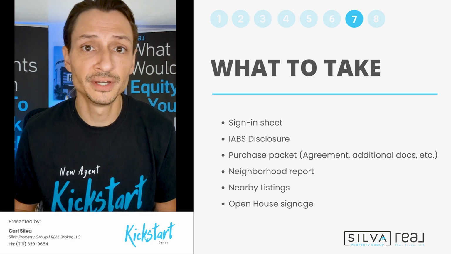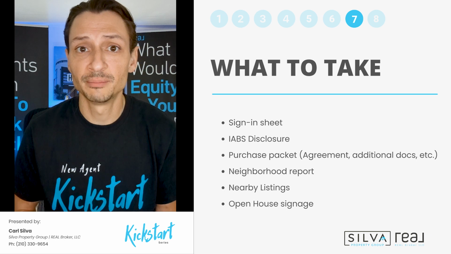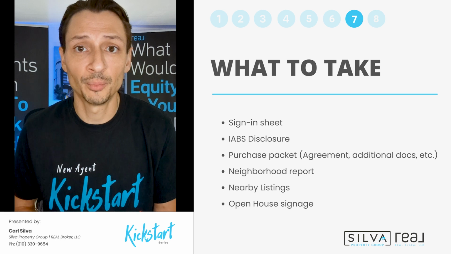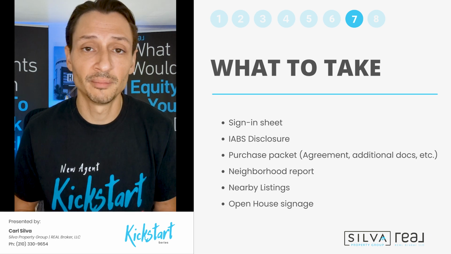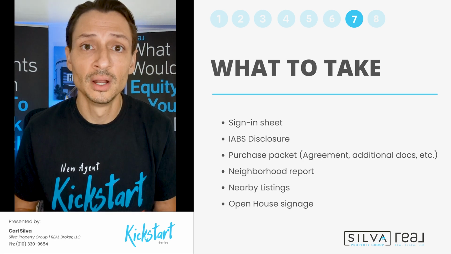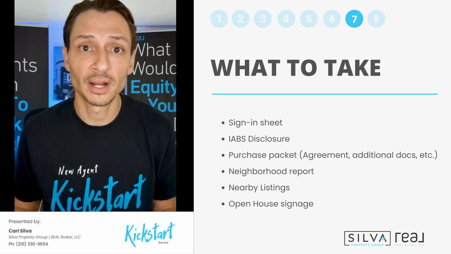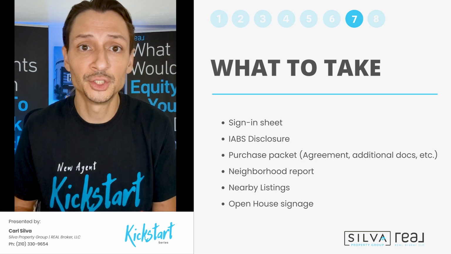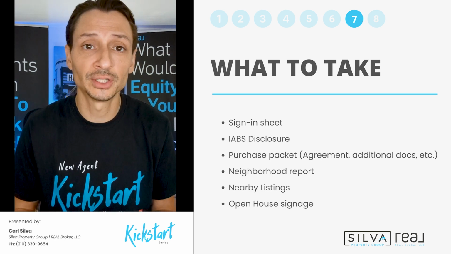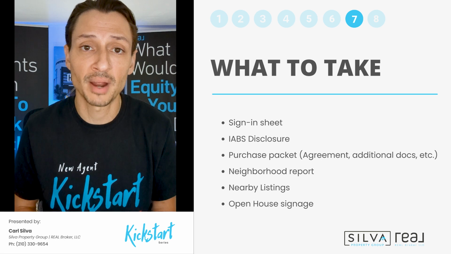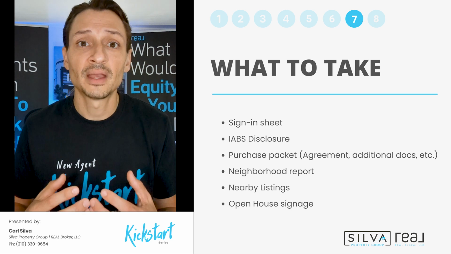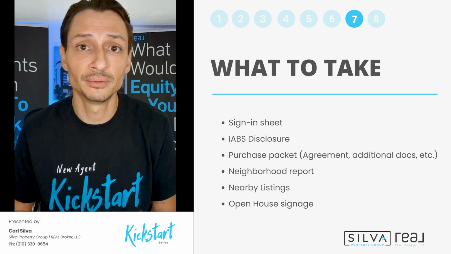Have a packet of all of the nearby listings. If you get non-represented buyers or buyers who aren't yet committed to their agent, and they don't happen to like the property at the open house, you can have a great conversation with them about what they're looking for, how long they've been looking, are they wanting to stay in the area, and if so, here are all of the other homes that are on the market right now, and you can tell them a little bit about each one of them. Or maybe they've already seen these homes online and they were actually curious about a couple of these properties. You're showing them through the packet. Now you can break down those properties a little bit better for them. And again, take that opportunity to showcase your value as a real estate agent.